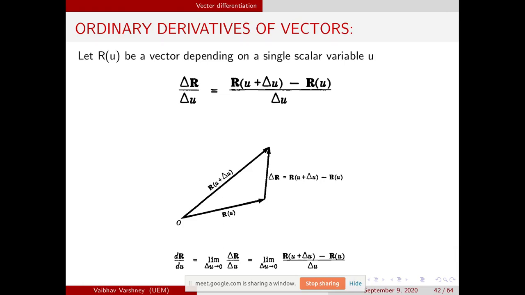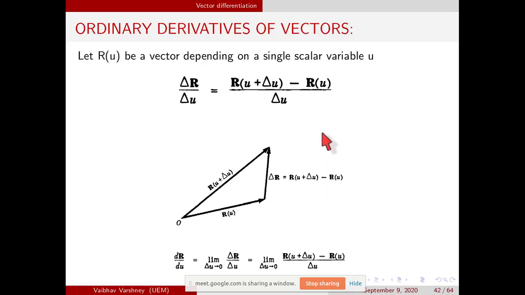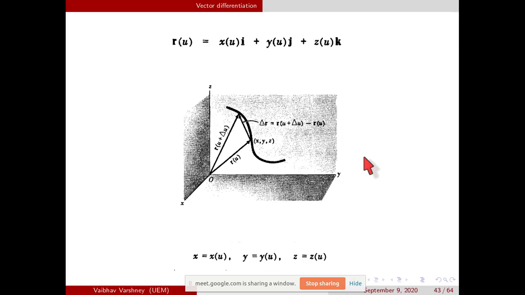Okay. So this r can be any vector, like usually we are doing is the space vectors x i cap, y j cap, z k cap. All these things I am taking from the Spiegel book, because when you read that book you can understand. I can follow any other book, but it will be difficult for you to understand. And Spiegel is your syllabus book, referred by the university. So I am following everything from that book,